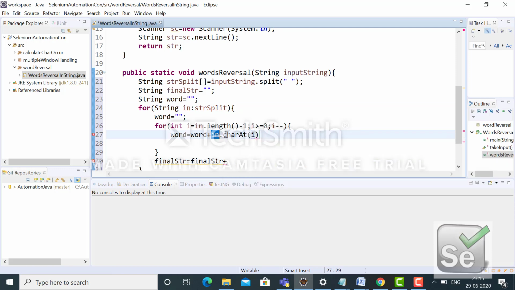So this is where each and every character, in a reverse fashion, I am extracting from each and every word and storing it here.